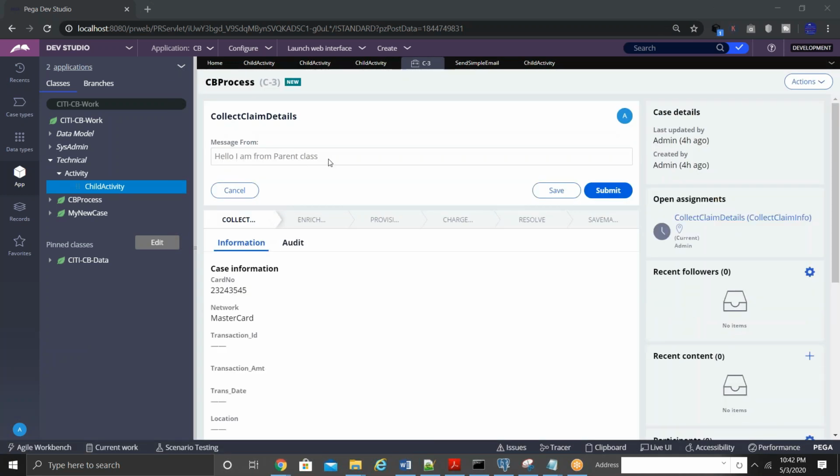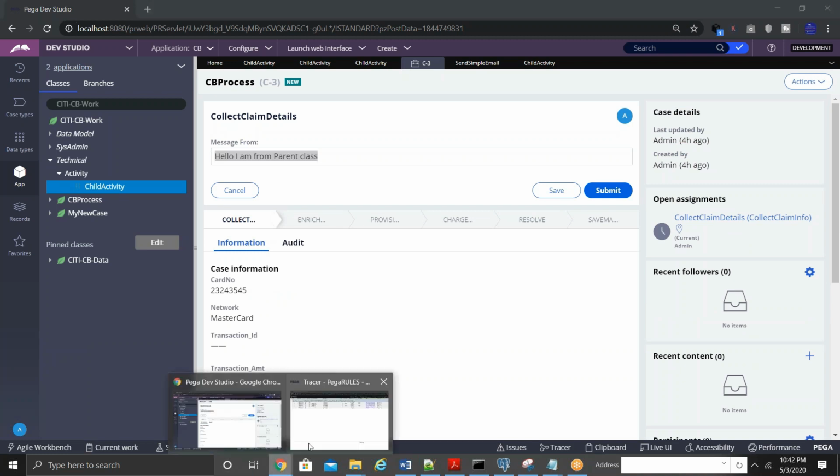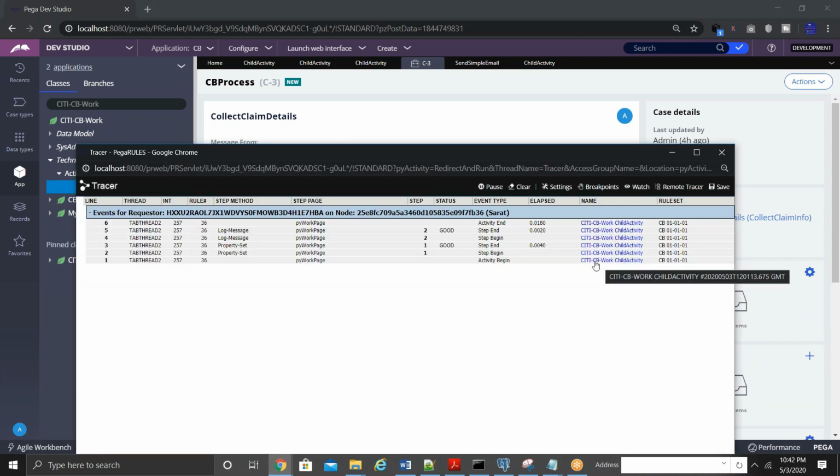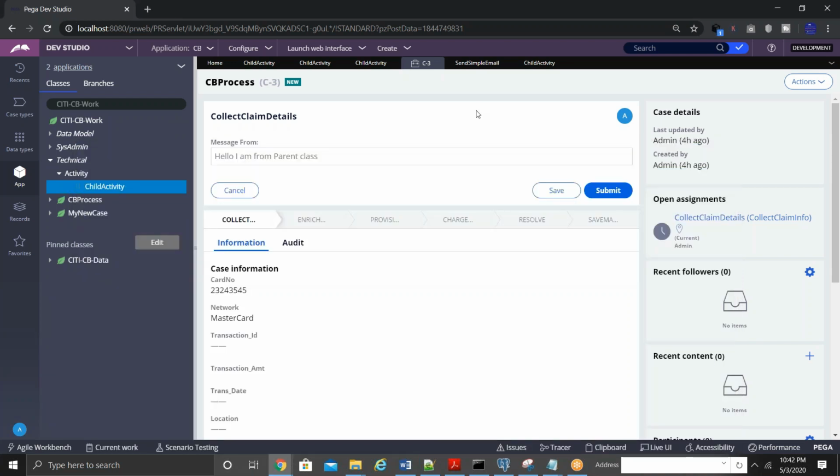Okay. Look at this. The parent class activity got executed. You can see this. It's on the work class and 010101 version. Why did this happen? Because in the current class, you have withdrawn the highest version of the rule. So in the current class, it's not going to pick, and it went and searched in the parent class. It found a rule with the same name in the parent class and executed it. That's how withdrawn works. So if you withdraw in the current layer or the current class, it will go and check in the parent classes. If the rule is found, it's going to get executed.